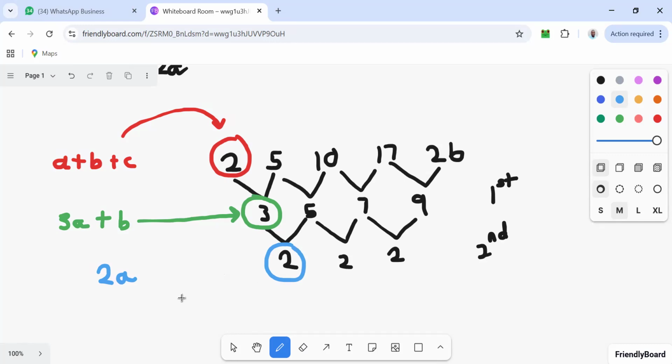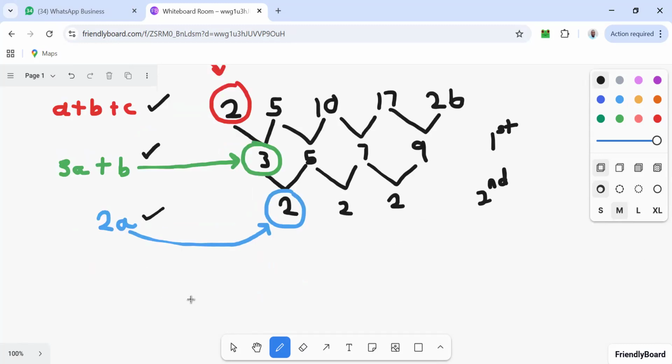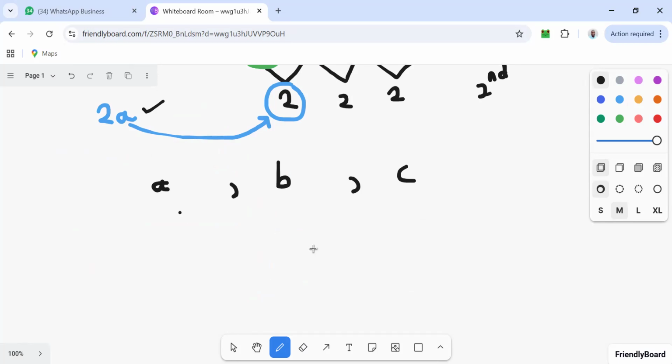So 2a is equal to the first term of the second difference row. If I apply these rules, a plus b plus c, 3a plus b, and 2a, I'll be able to get the value of my a, then the value of my b, and then my value of c, which I will then sub into